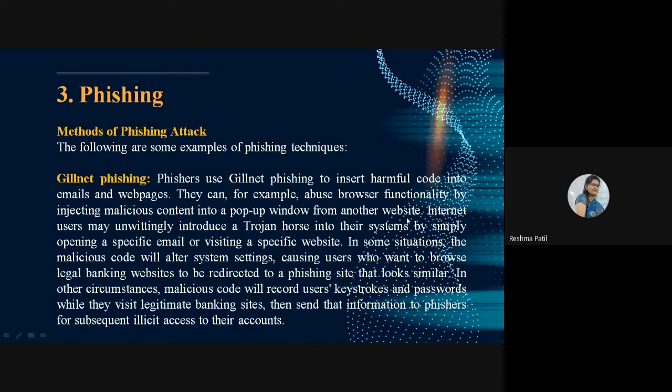from another website. Internet users may unwittingly introduce a Trojan horse into their system by simply opening a specific email or visiting a specific website, because that email or website contains harmful code. If they click on that particular email or website, automatically a Trojan horse is downloaded into your system. In some situations, the malicious code will alter the system settings. So after inserting the Trojan horse into your system, that virus will alter the system settings,